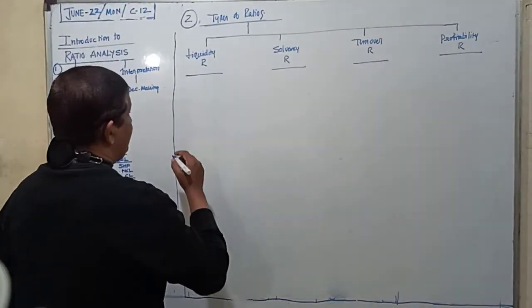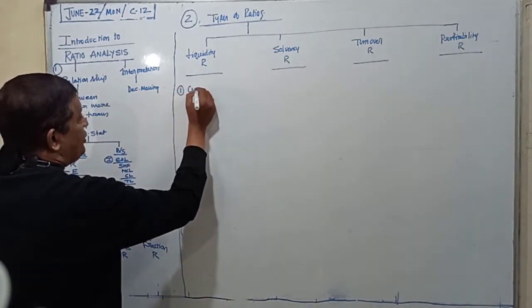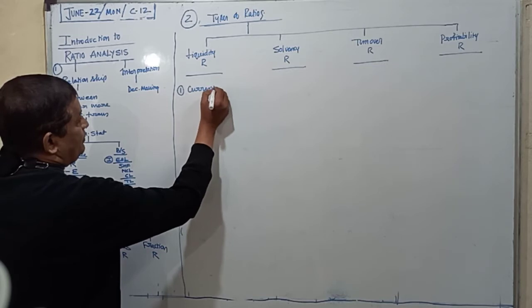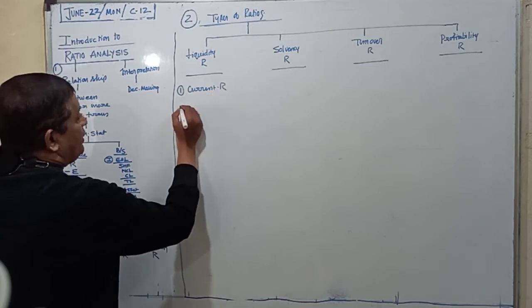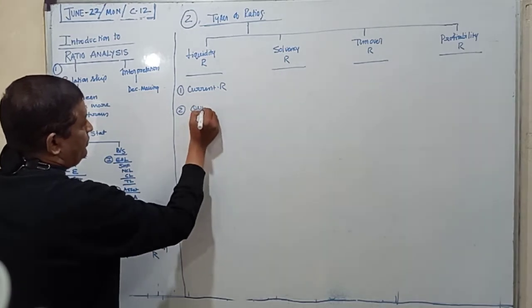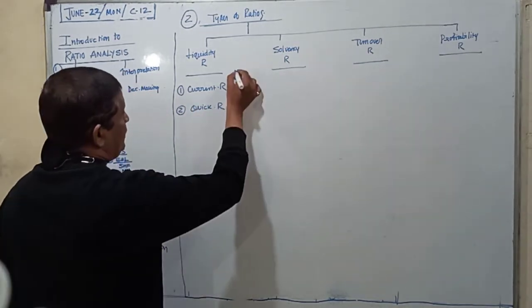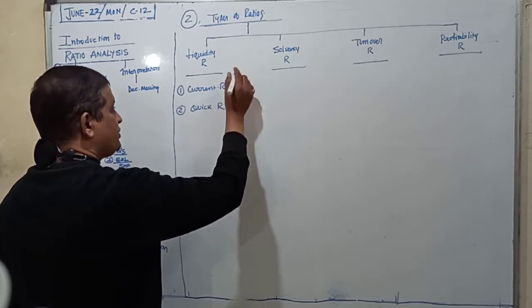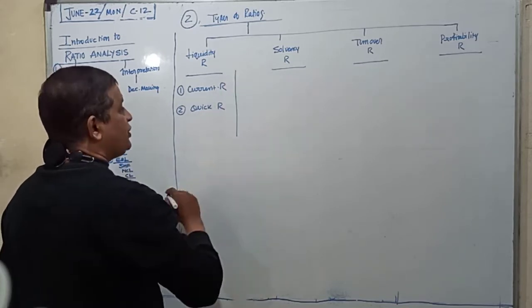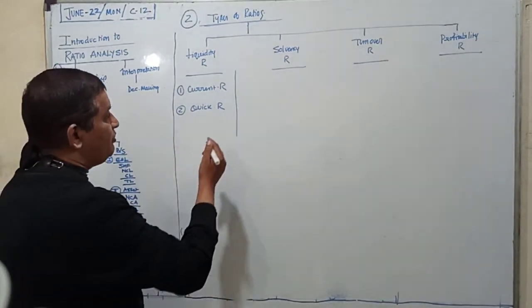Under liquidity ratio, we see 2 types of liquidity ratio. One, current ratio, and 2, quick ratio. I just want to continue the numbers. So, current ratio and quick ratio. Now, next, I'll be continuing the number. Third,